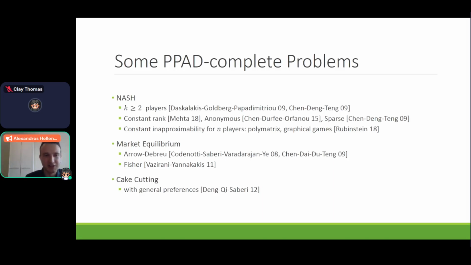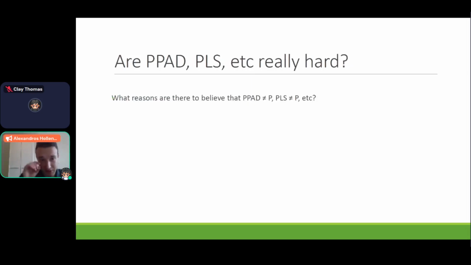So in a certain sense, it allows you to stop wasting time on a version of the problem that is perhaps too general to be solved efficiently and helps you find tractable subcases. But wait, I just said that PPAD-hardness means we cannot find a polynomial time algorithm. Why do we believe that? So let me just spend one slide on that.